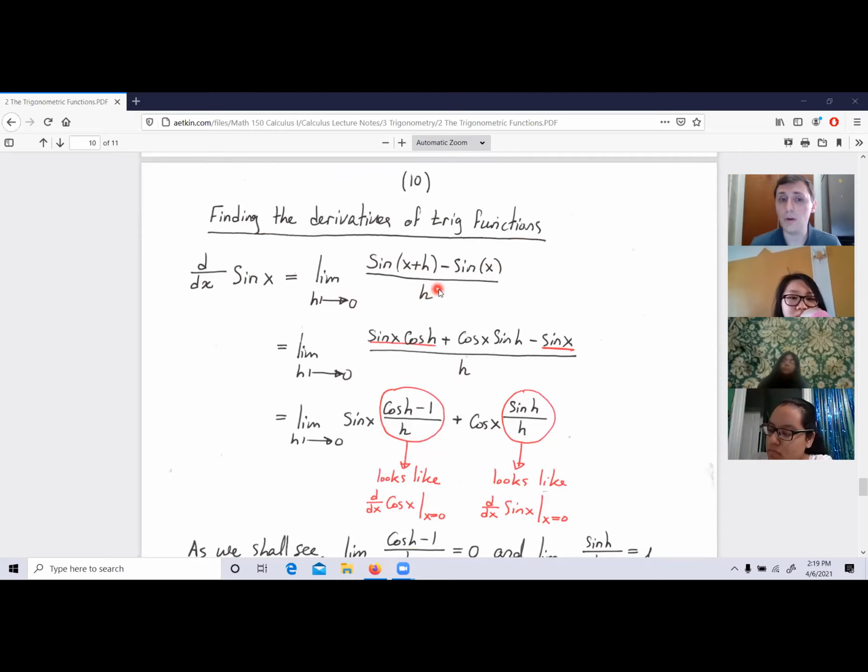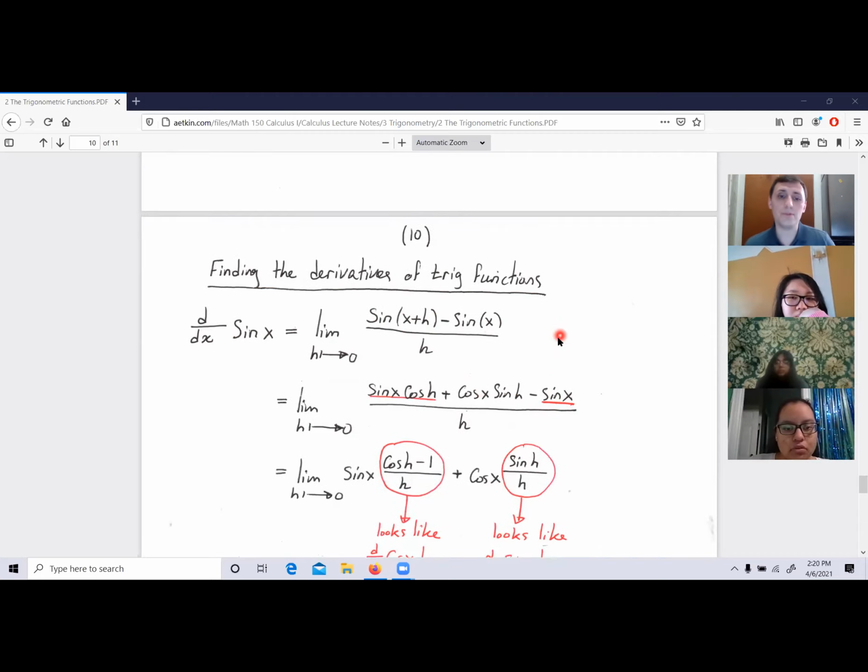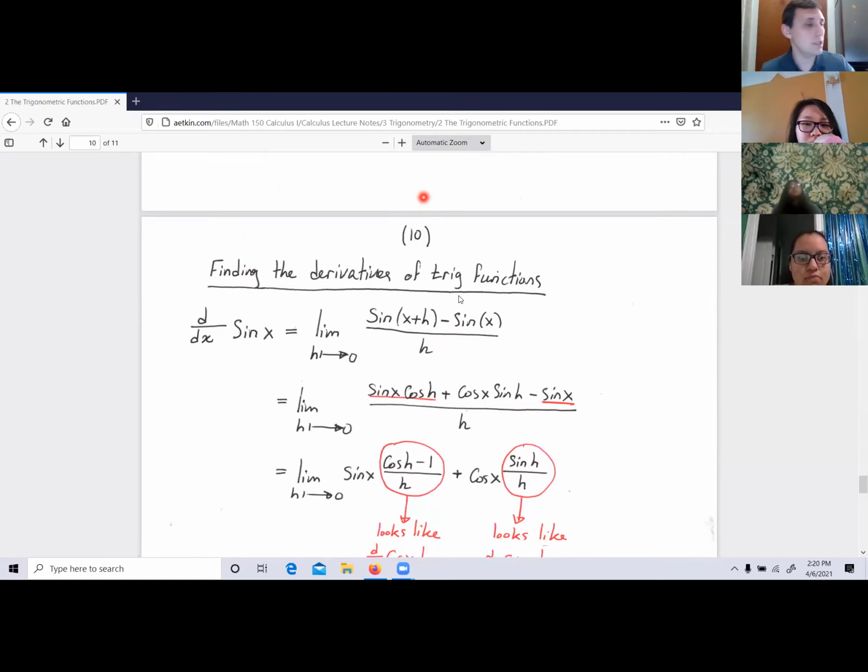Yes? And what do we get? We can use the sine of the sum of two angles, x plus h. We expand it, and we get sine x cosine h plus cosine x sine h. We expand this expression, and here is what we have. Now, if you observe, guys, maybe I should write it on a separate sheet just so that you're not distracted by my further notes here. So again, guys, the derivative, just look at it carefully. The derivative of sine x